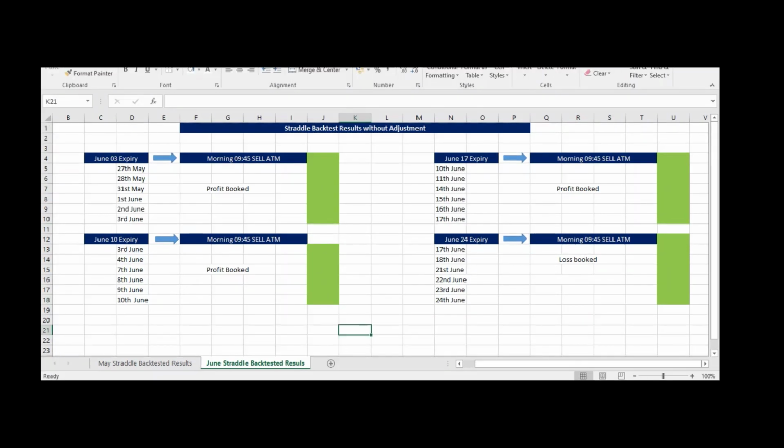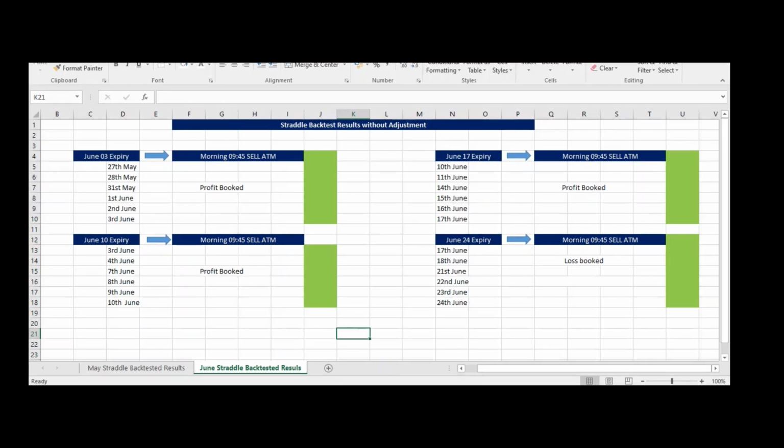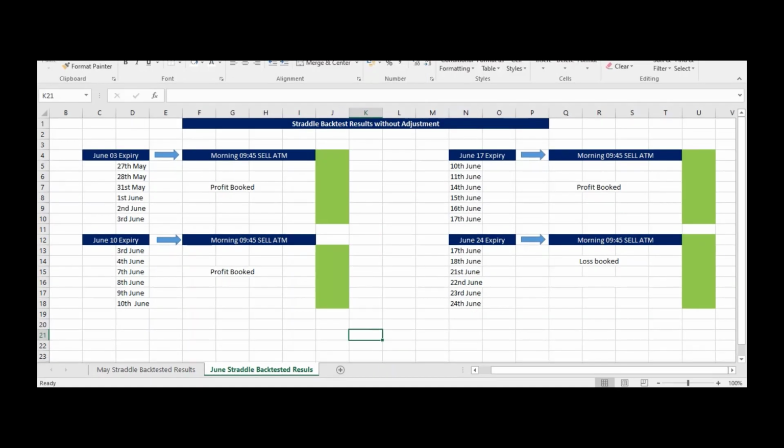Definitely, to implement this strategy with 3 lots, we will need 4 to 5 lakhs of capital for sure. But the main motive of this video is to show you the backtested data by doing a simple straddle without seeing the charts. Okay, and I defined my loss 1:2. 5,000 is my risk and 10,000 is my target. Simple, right? And as said, to implement this strategy, we need 4 to 5 lakhs of capital for sure.